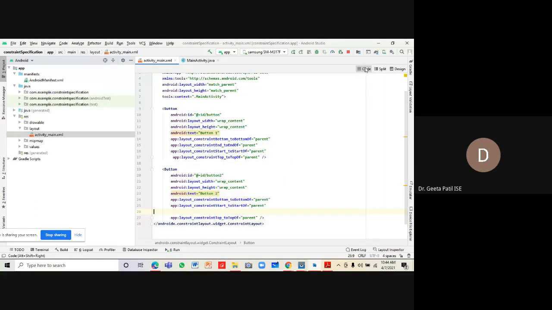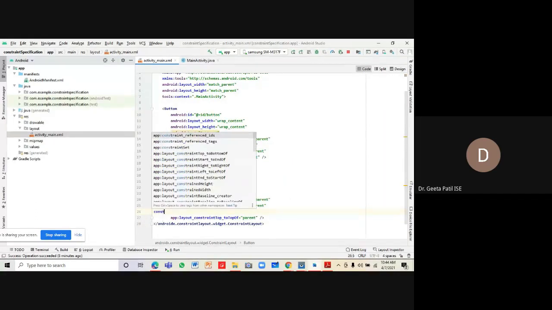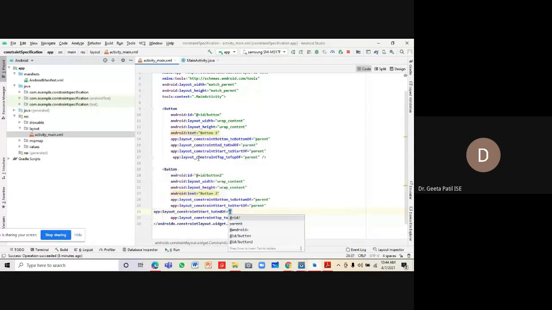So I'll go to the code and specify it. I'll just type constraint start to the end of. So I'll write over here end of. Now whose end of? Are we doing it with parent? No, we are not doing it with parent, but we are doing it with the ID of